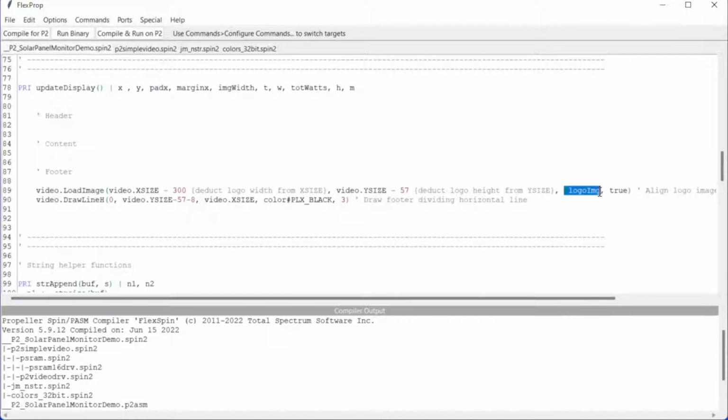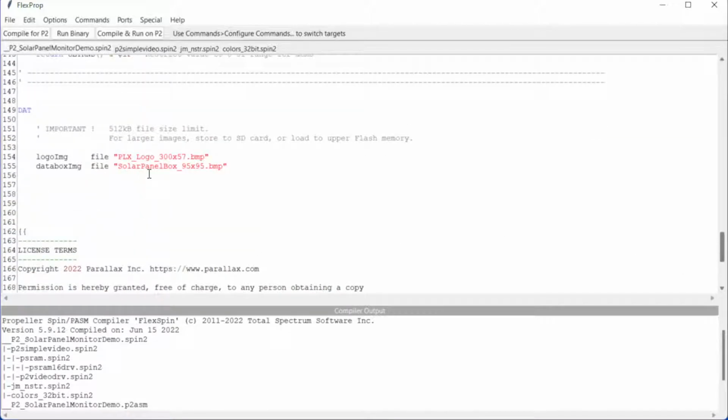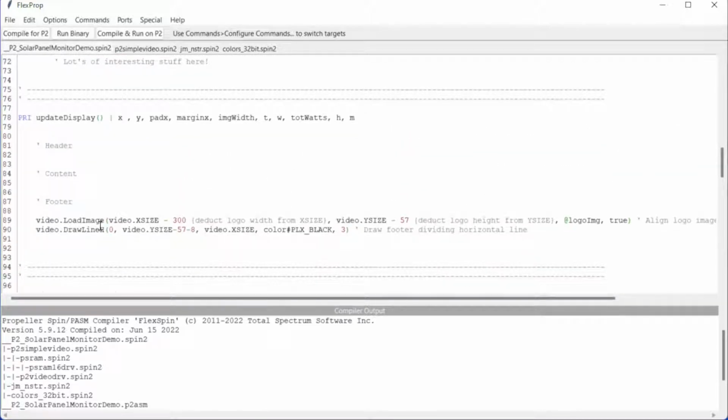And then we've just got the logo address, which we've nominated. We've given it that name down at the bottom of the code, and that's loading a logo. We can just quickly look at the bottom of the code where we load the logo. And here it is, logo image, file, and that's the file name. So let's go back up. Right, so after we load the image, we also draw a line, and draw line H